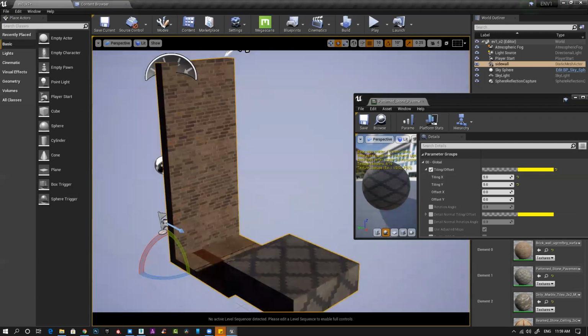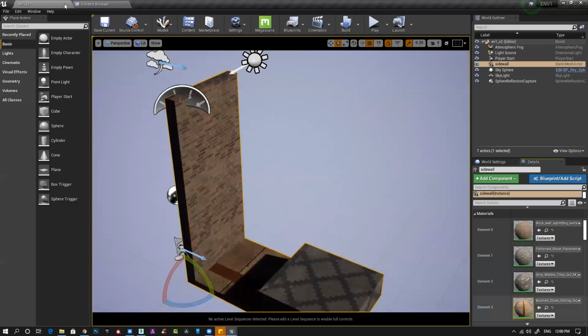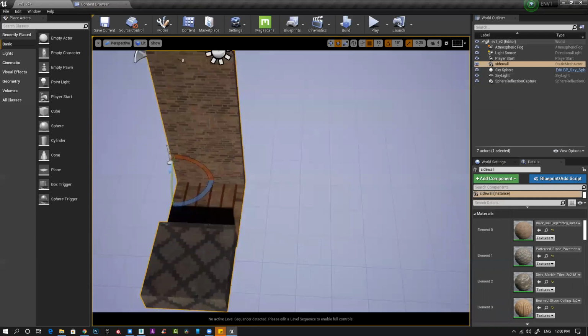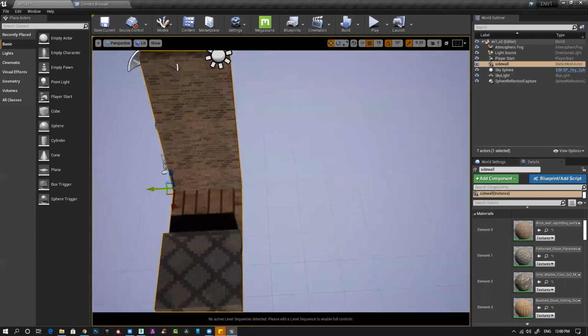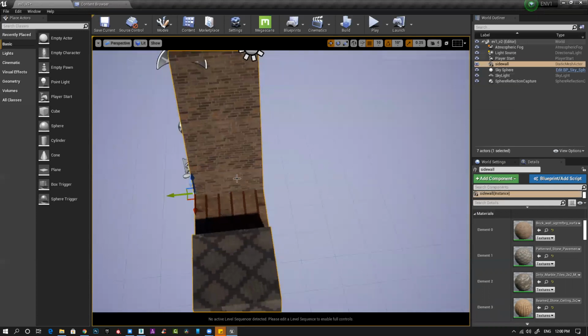So I have a nice dice pattern. Then this marble is fine. This base I need to modify. 5 works nicely. So this is my basic theme. This is ready.